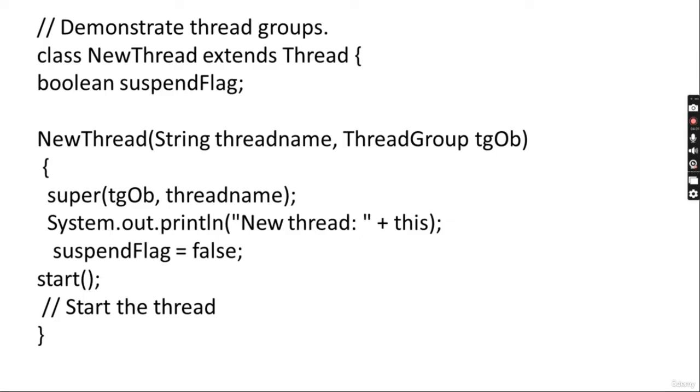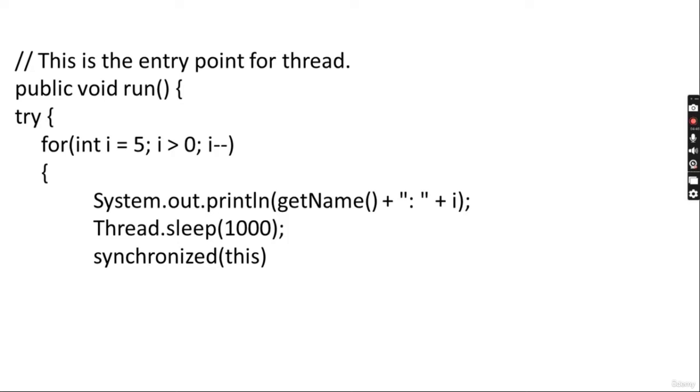If you want to revise, you can go back and revise it. New thread(String threadName, ThreadGroup tg): super(tg, threadName); System.out.println("New thread: " + this); suspendFlag = false; start(); // Start the thread. This is the entry point for the thread. public void run() { try { for (int i = 5; i > 0; i--)